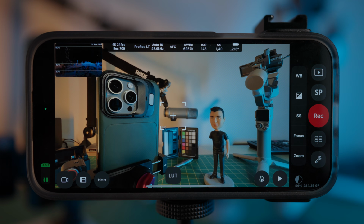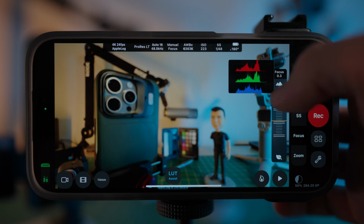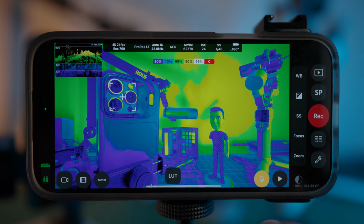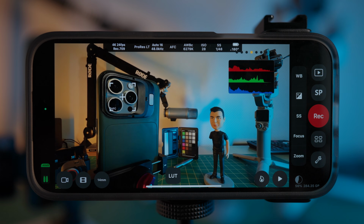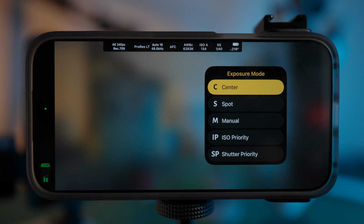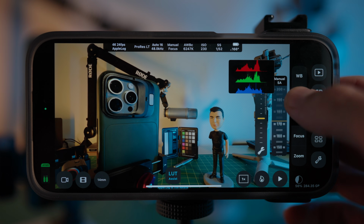Next, let's check out Cinema P3, an underrated and unsung hero of pro video apps on iOS. Boasting a huge feature set including all the essentials like full manual controls, it goes far beyond the basics and includes advanced exposure assists including false color, movable scopes, selectable exposure modes including shutter priority, focus assists, the list goes on. Standout features include a shutter priority mode, ideal if cinematic motion blur with auto exposure is important to you,